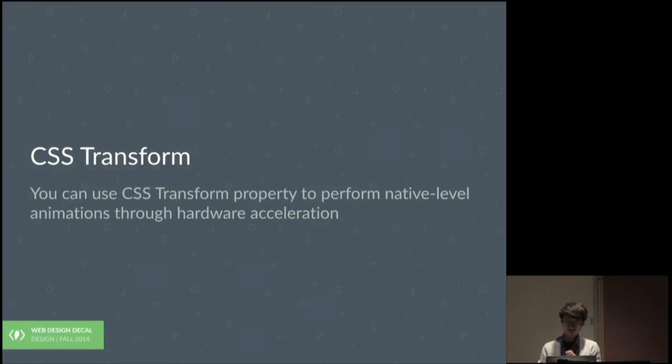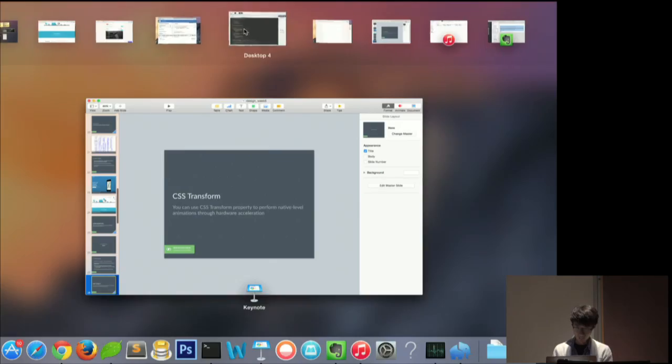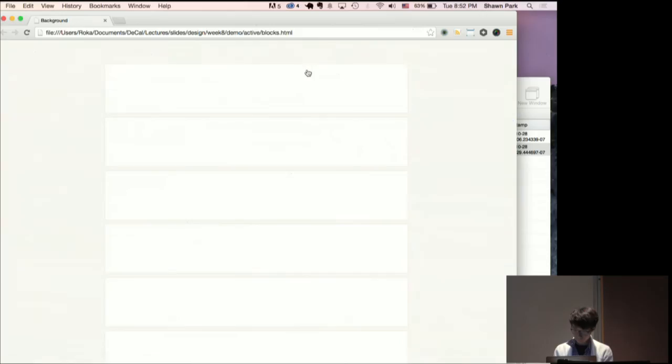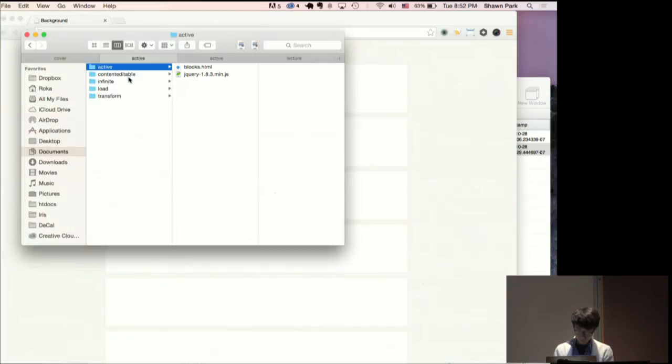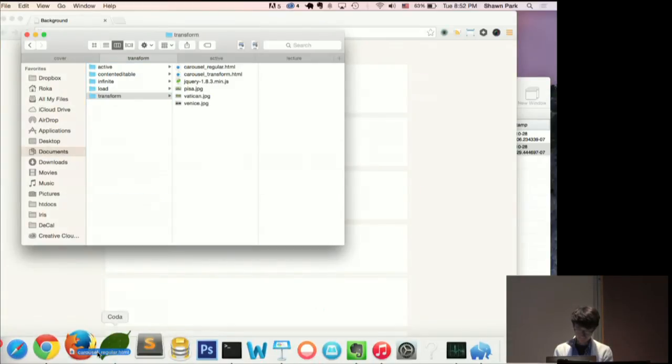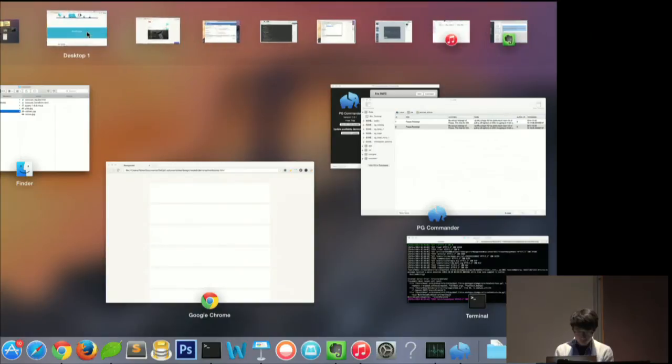One of the reasons why a lot of native applications are faster, if you look at mobile apps, for example, the Facebook native app is a lot faster than the Facebook mobile web app, is that native apps have access to a computer's graphic card, which makes the animations a lot smoother. Usually that's not possible on web apps, but with CSS transforms, you can make your animations a lot smoother. So let me give you an example of that in practice. I'm going to do a transform example. Actually, I think I have it open.